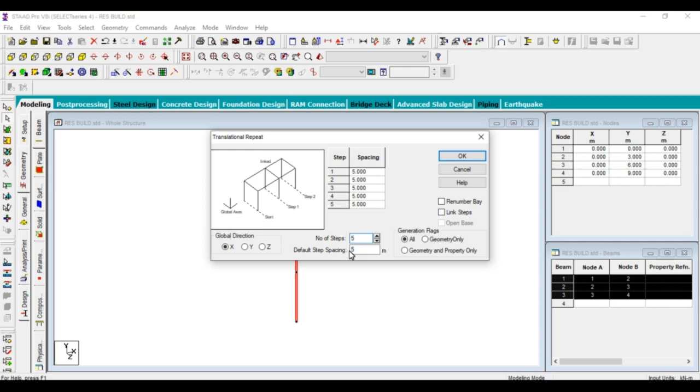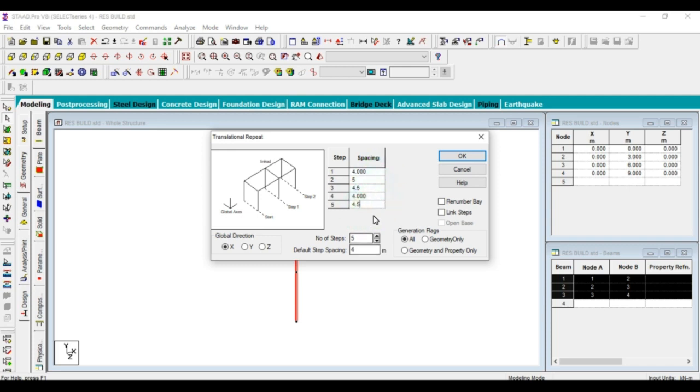Default step spacing: I want to create 4 meter steps, but every part cannot be 4 meters. The first step is 4 meters, the second step is 5 meters, the third step is 4.5, the fourth step is 4 meters, and the fifth step is 4.5 meters.